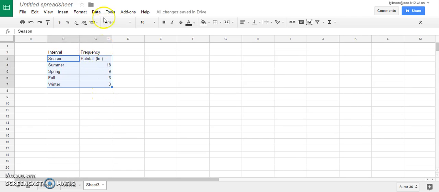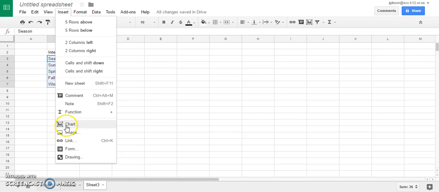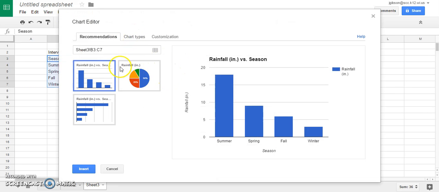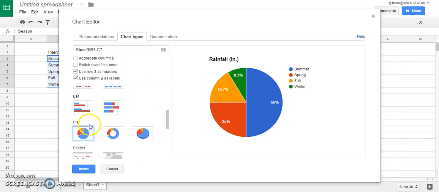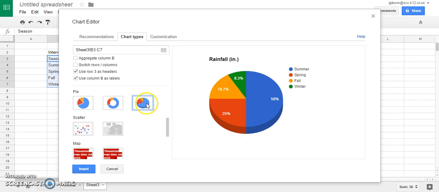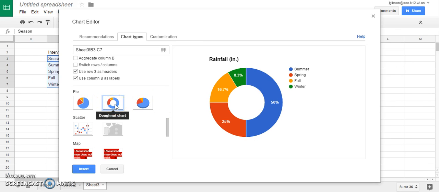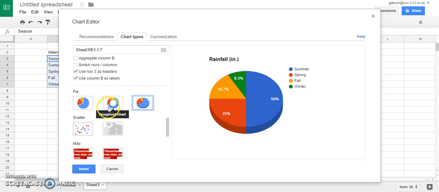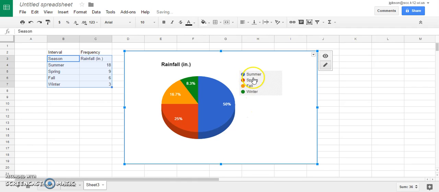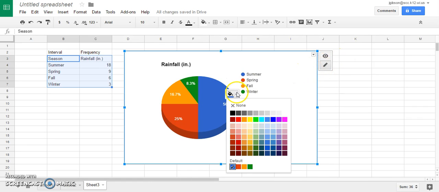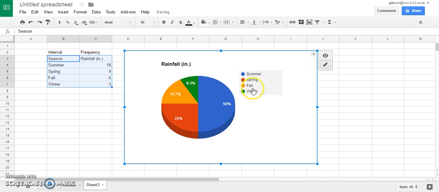And then you're just going to select that all again, and you go to chart. And if it recommends here, you can just do the circle graph. Otherwise, you go to chart types, select pie graph. You can do a 3D graph if you want, or a circular one like this too, donut chart. I'd probably go with just the regular pie chart or the 3D pie chart, and then you'll just select insert, and it'll show up. You should have a little legend here explaining what each of these are, and it will include the percentages. If you want to change that,